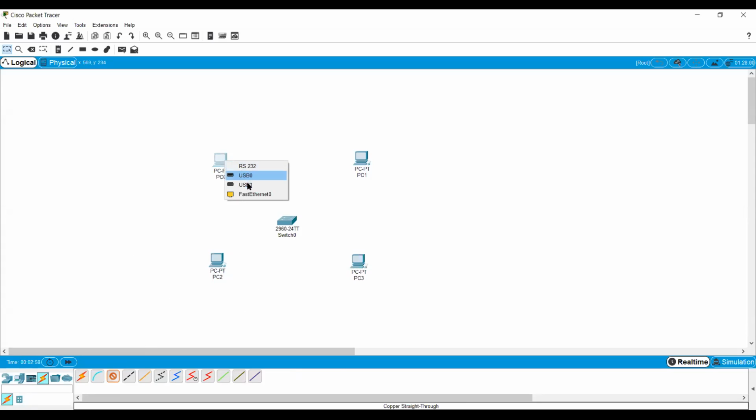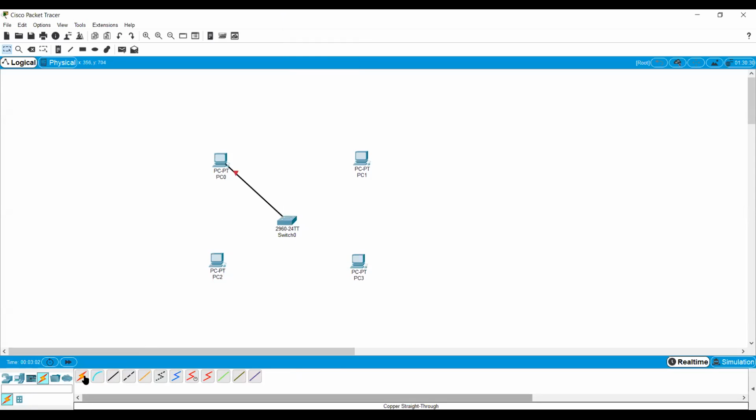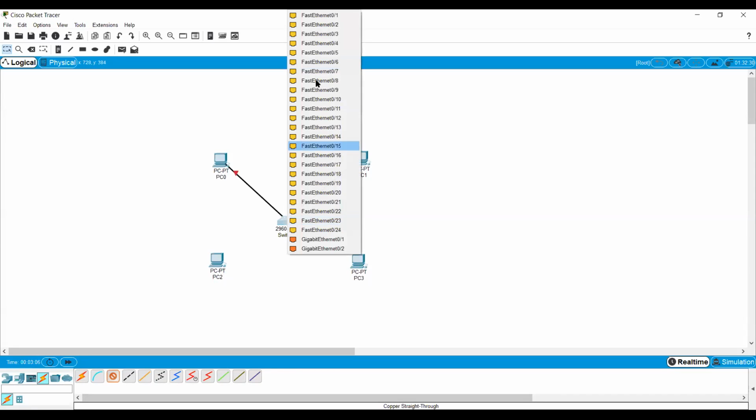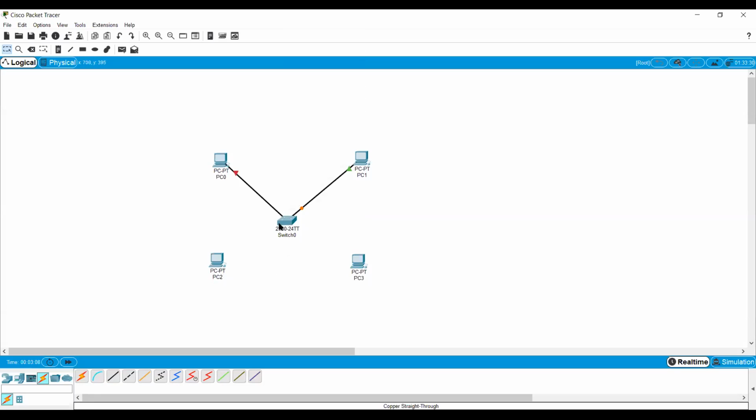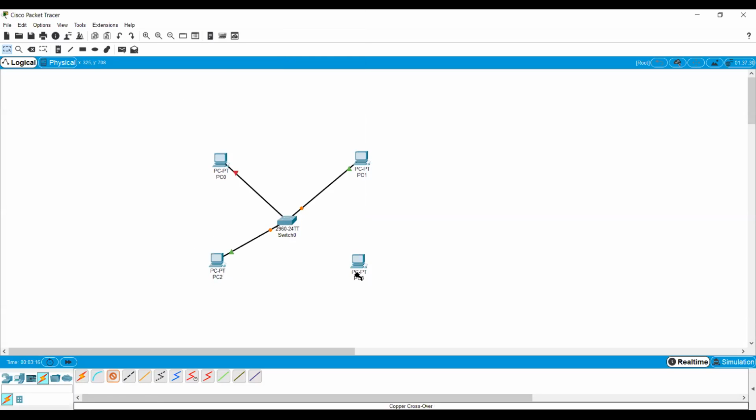So here PC0 is connected with switch 0. Okay, PC1 is connected with switch 0. Okay, PC2 is connected with switch 0, and also the PC3 is connected with switch 0. Okay, so now I can green check.